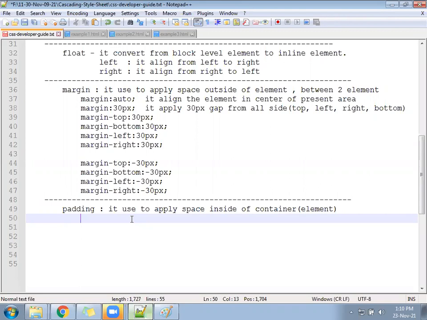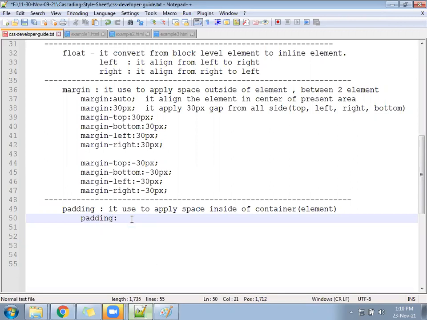CSS says you can apply the gap using 5 types. Bootstrap says don't worry, there are 25 types. Here 5 types, plus in Bootstrap we have 25 types. The margin, how many types have you written? 6 types. Bootstrap has 25 types. Margin is 25 types and padding is 25 types. Without writing a single line of CSS, we can adjust the space from all sides according to need, how much you want, either outside or inside. Right, that is padding.